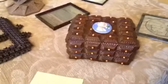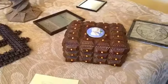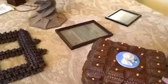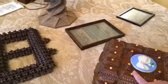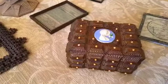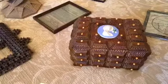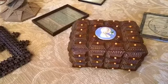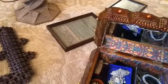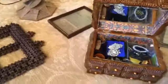This is a jewelry box, and this is typical of tramp art with the little white dots. This one has been painted, so it's brown. I added the Madonna in the middle and gave it to my wife as a gift one year at Christmas. And as you can see, it's for jewelry. And this particular one,